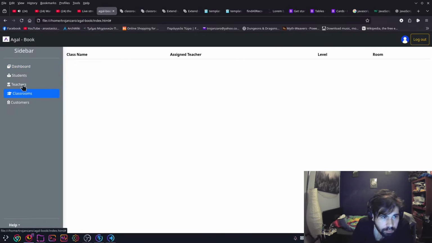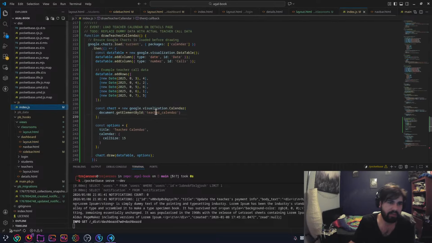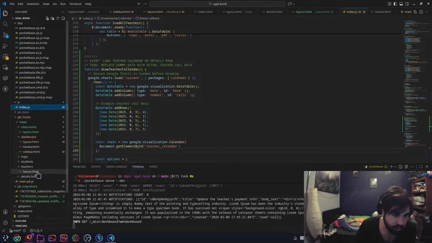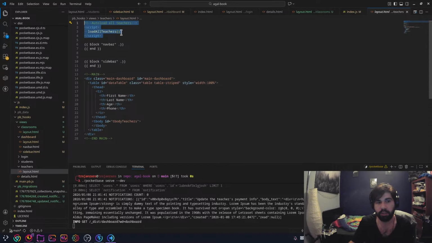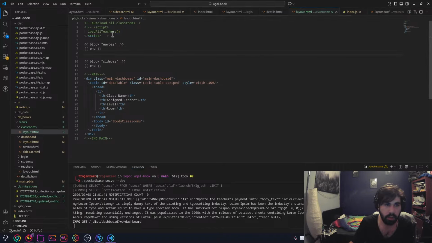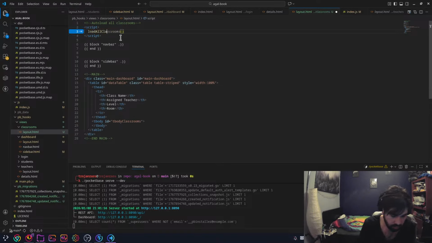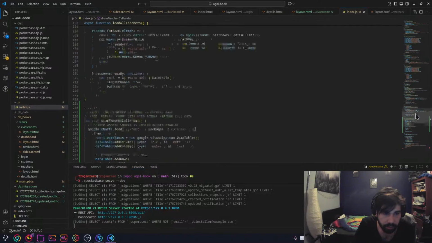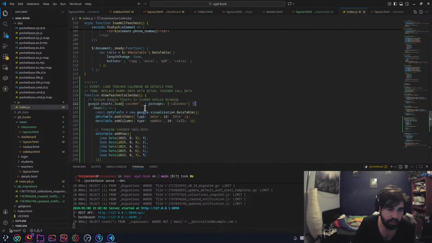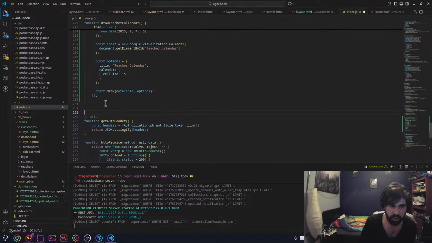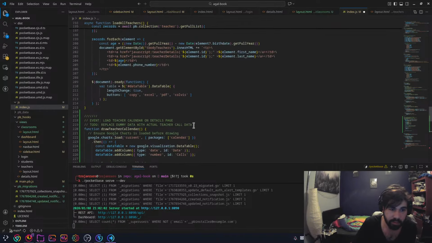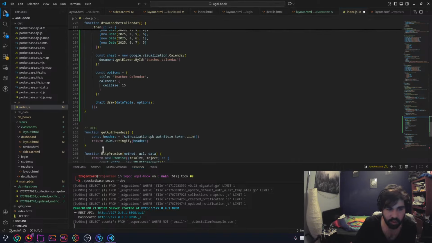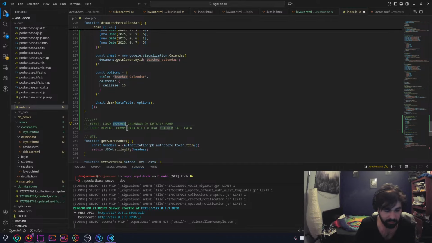Now, classrooms work perfect. Now we have this. Teachers was here, and it's loading all teachers. Auto load all teachers. Now it's going to be here. Auto load all classrooms. So let's undo load all classrooms. And this function doesn't exist. Why doesn't it exist? Because we need to make it. Load all teachers is there, and this is where it loads their calendars. I'm just going to put it here. Why not? This to-do is going to stay there until the end of the project for real.